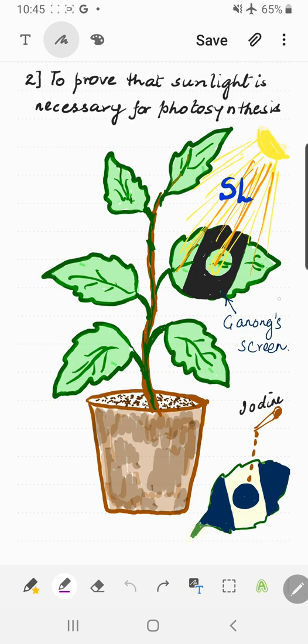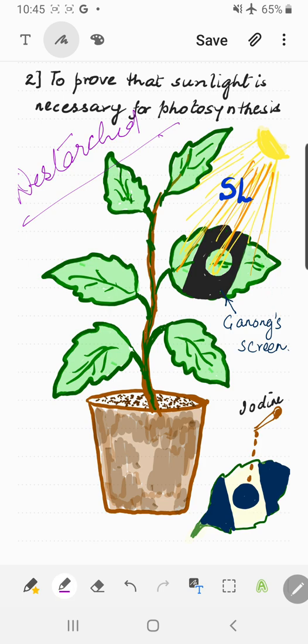What we have done here, see, this is an intact plant, so what we must have done till now is de-starched the plant. So we have removed all the starch out of this plant, and now we have to keep it in the sun so that fresh photosynthesis would occur and fresh starch will be produced, right? But the factor that is to be assessed here is light. So what will we do?